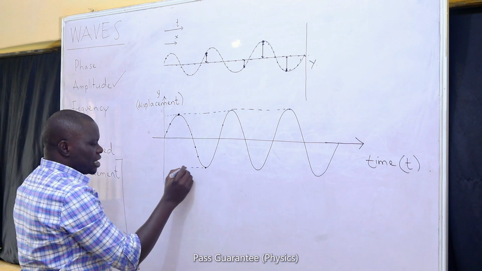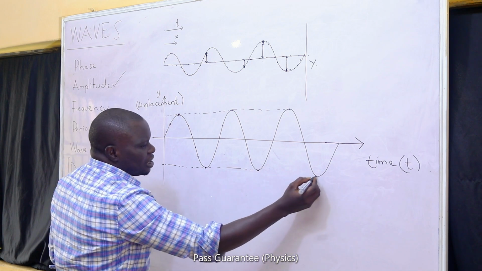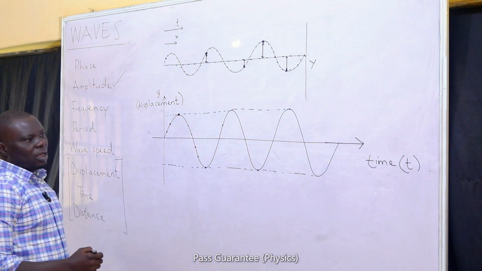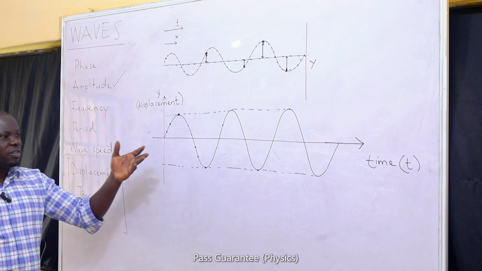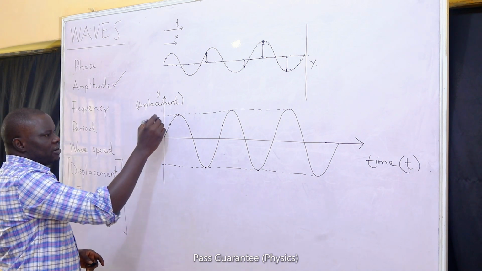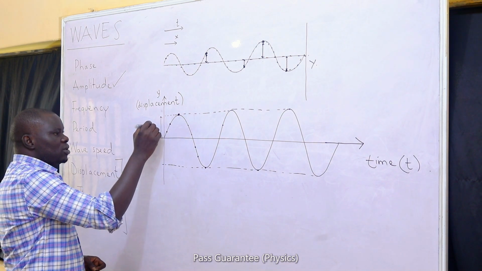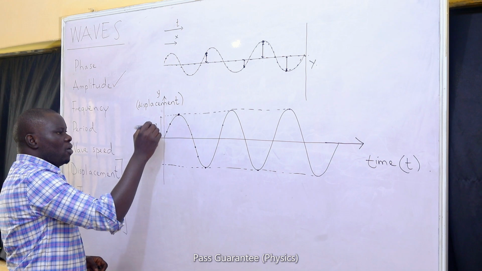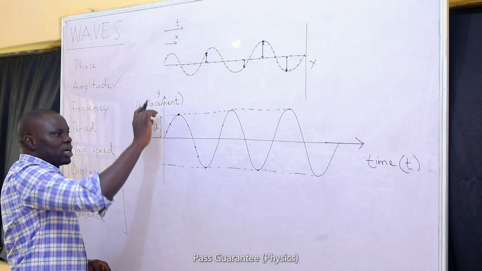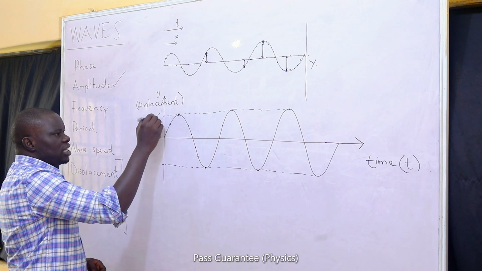Downward too, we have the maximum displacement, but this time in the reverse. The maximum displacement of the particle of the medium is called the amplitude, and it is represented usually with either small letter a or capital letter A. I can show it like this, telling you that it is the distance from the rest position. I can also show you this way by just putting A here.